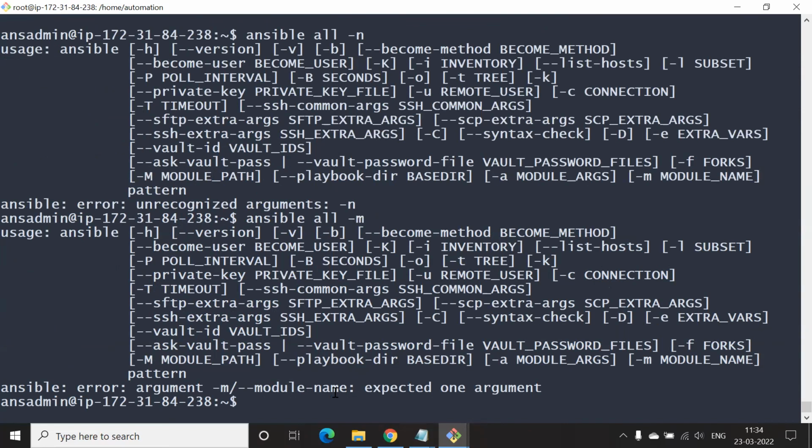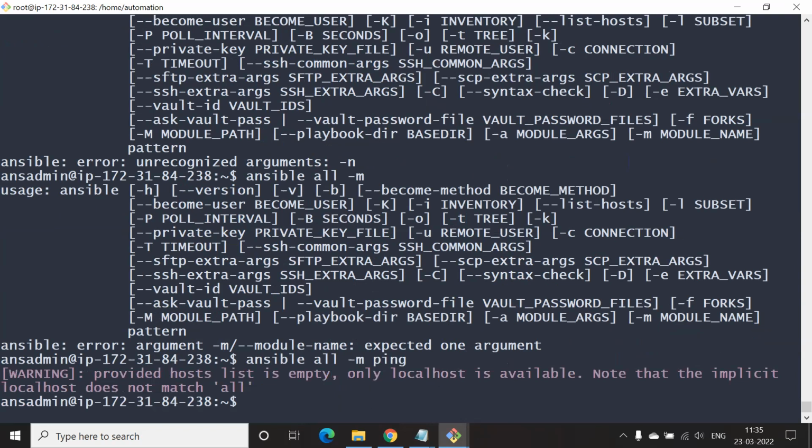Then do a ping: ansible all -m ping. Ping is a module, m for module. Go ahead, run it now.